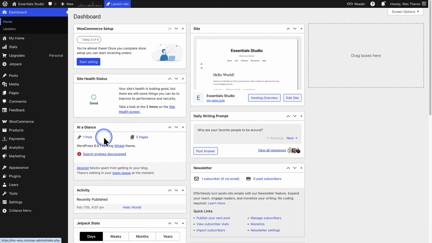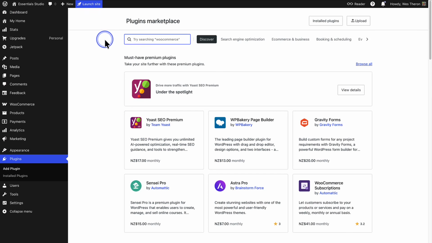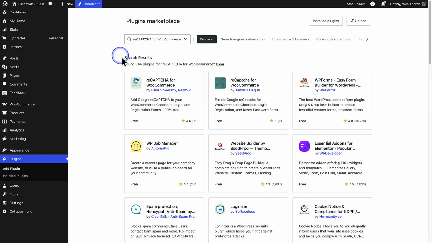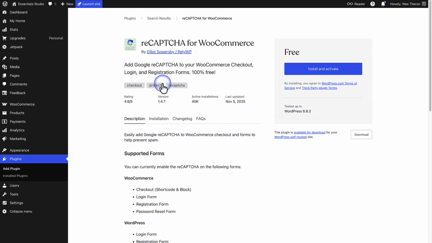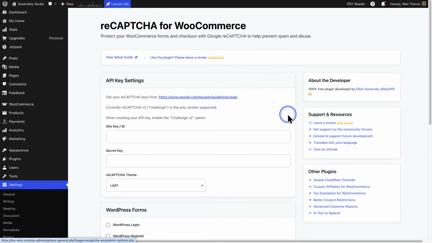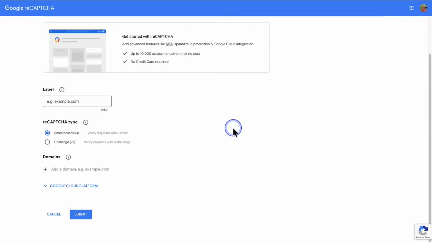Or you can use a free plugin from the plugin library. So let's make our way to plugins and click Add Plugin, and then search for reCAPTCHA for WooCommerce. We'll select the one by Rely WP, and then you can install and activate the plugin. To set it up, you need a site key and a secret key. And to get that, you need to make your way to